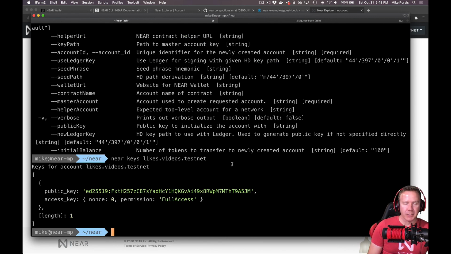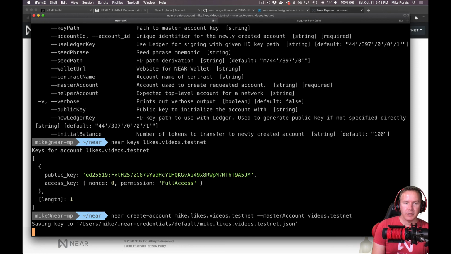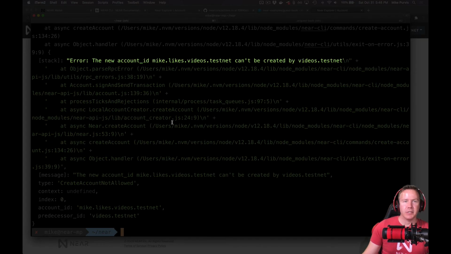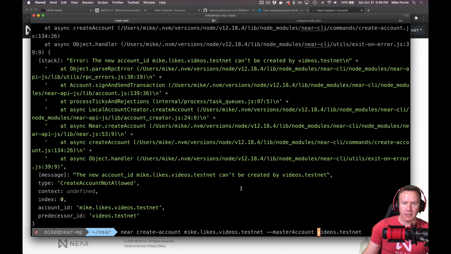And this can keep going. This is almost like domain names. So we can say near create-account mic.likes.videos.testnet. And let's do this wrong the first way. So master account videos.testnet. No, that's not possible. It can't be created by that one. It always has to be from the sub account that's the immediate parent. So if we say the master account is likes.videos.testnet,